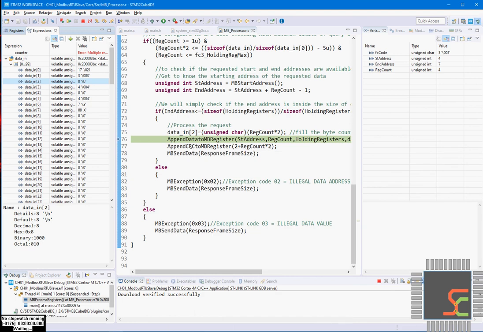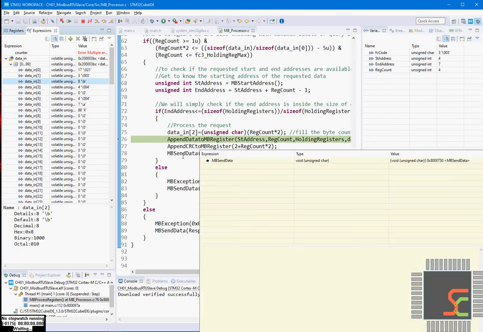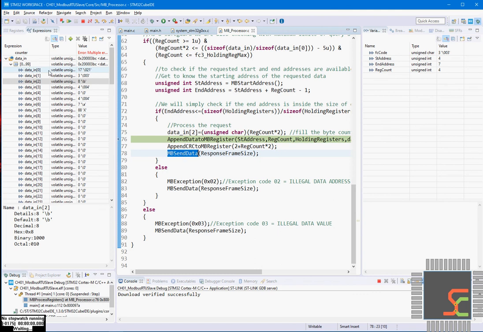Now using these three functions, we will append data to this data in array. We will append CRC fields to this array, and finally we will send data of whatever size is created. So let's check that.